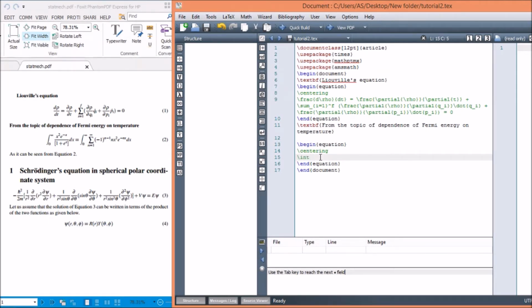This is int, lower limit is 0 and the upper limit is infinity. So again fraction, x square times e to the power minus x